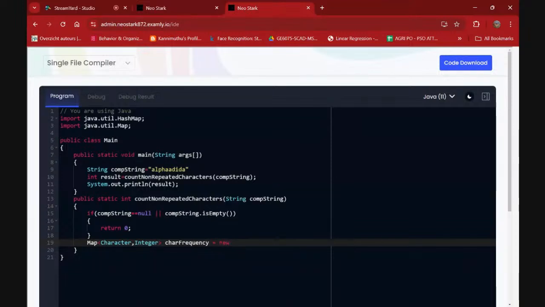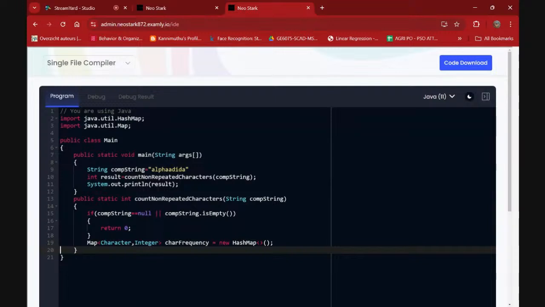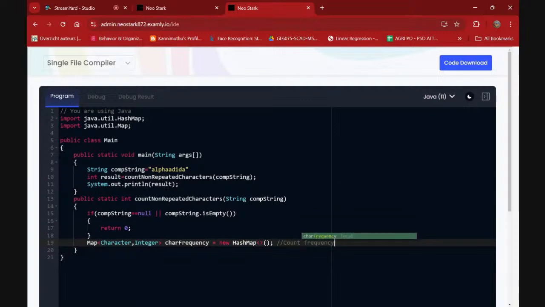So I'm creating a hash map object. Now I have created a collection which is used to count the frequency of each character. You have to think about how all the languages contain some powerful concepts like collections or generics.